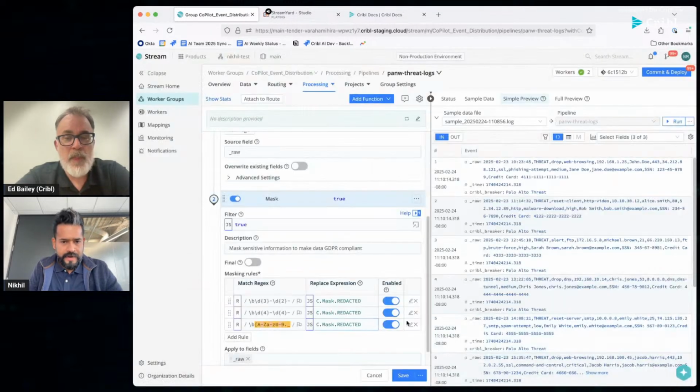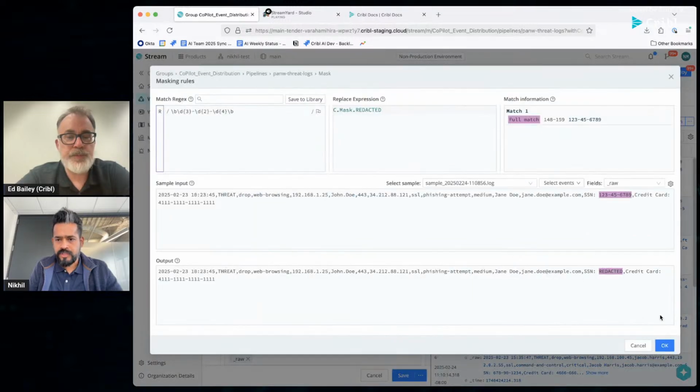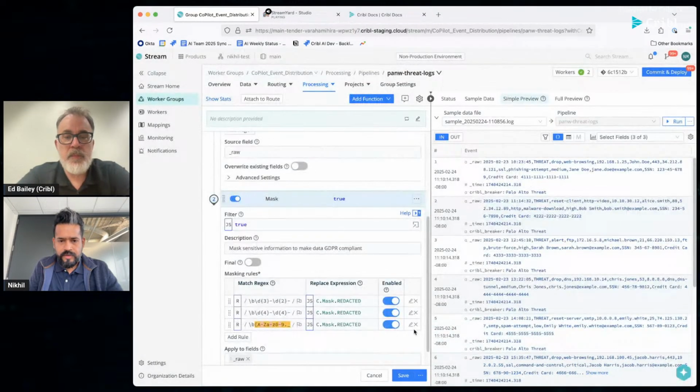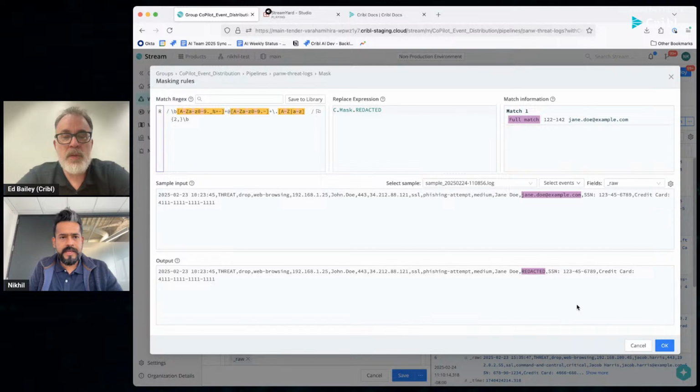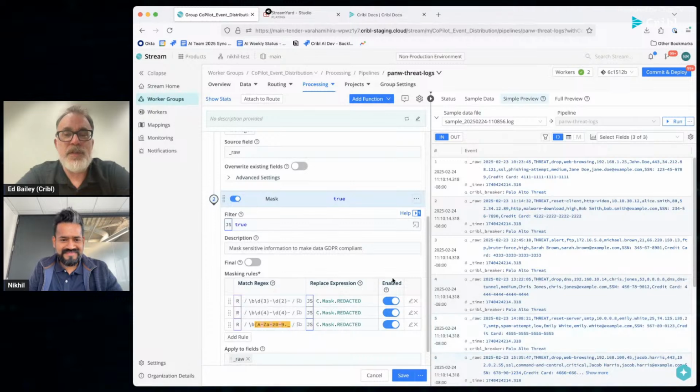Yeah, and then if you look at a couple of these other ones, so we already looked at that one. This was a credit card regular expression here, and then the third one is an email. How cool is that? Regex. I would have given teeth for this when I was administering certain systems a few years ago.